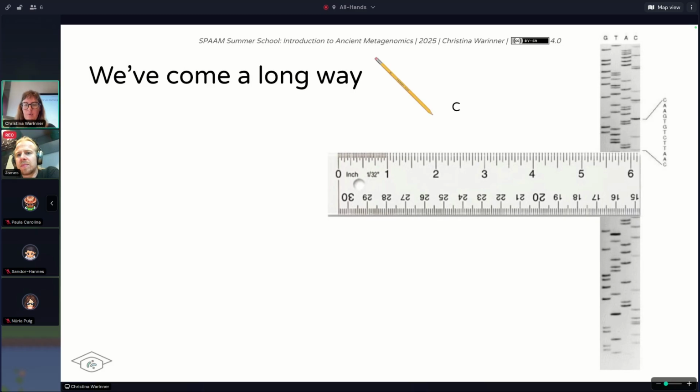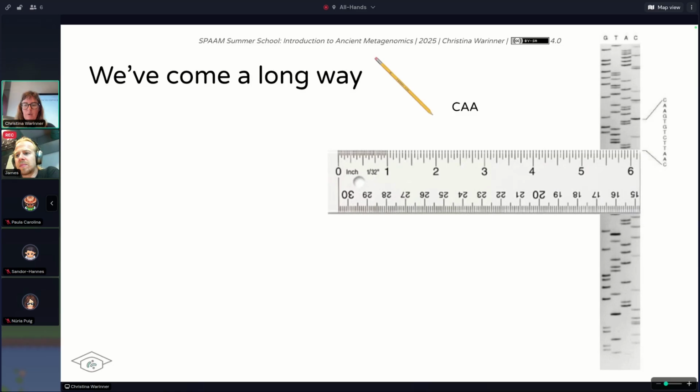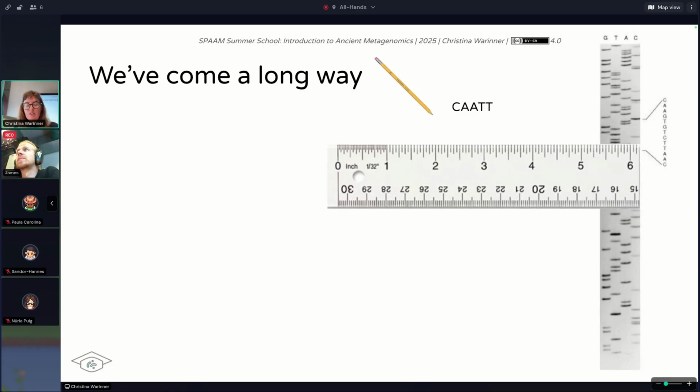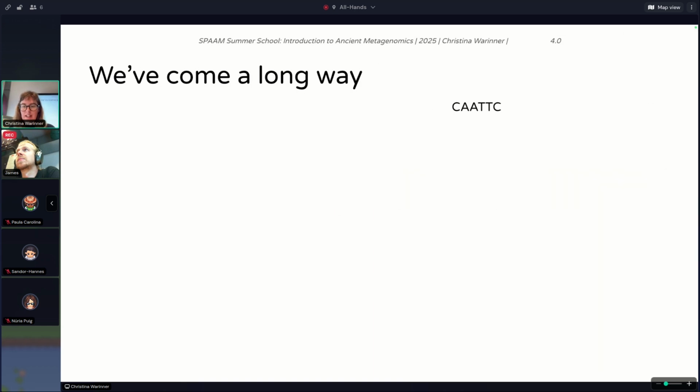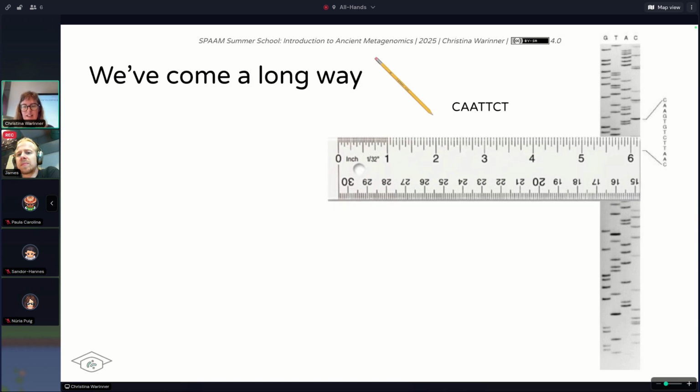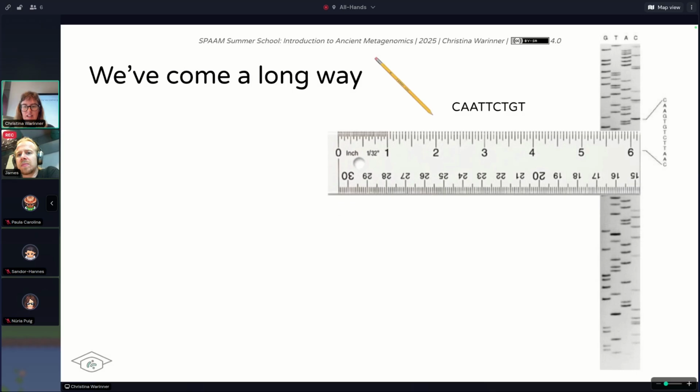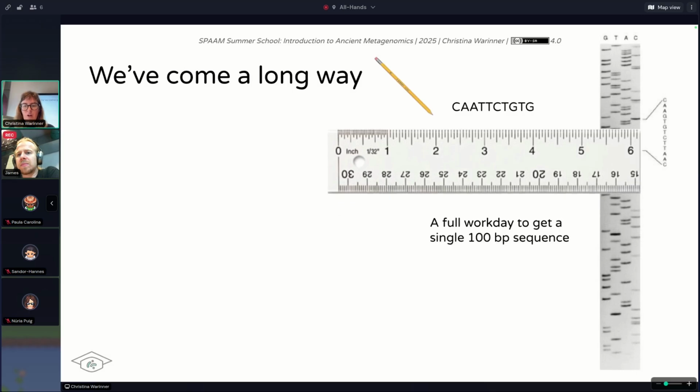So here you see we have a band in the C column, so that's a C, and then we have 2 in the A column, so it's AA, and then we have 2 in the T column, so T, T, and then a C, a T, a G, a T, and so forth. And you would build up this sequence this way, literally writing down the bases as you saw them in the gel. And so it would take a full workday to generate about 100 base pairs of sequence from